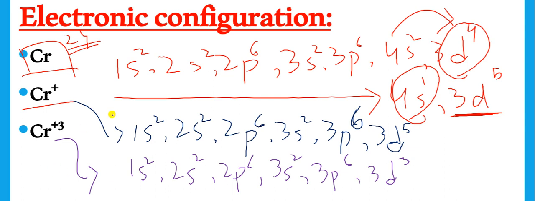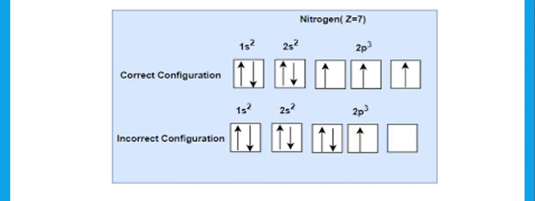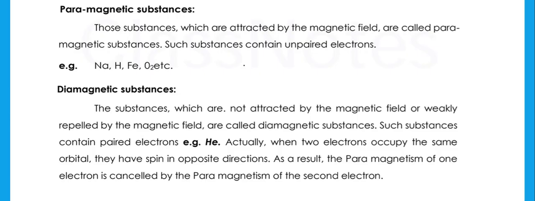Okay students, just like for making Cr plus 3, I have removed 1 electron from s and then 2 electrons from the d. And when we discussed Hund's rule, we saw the electrons can be in unpaired form also, and these unpaired electrons produce magnetic fields of their own. Then when they produce magnetic fields, they give some unique properties to the material. So we can have paramagnetic substances and diamagnetic substances.